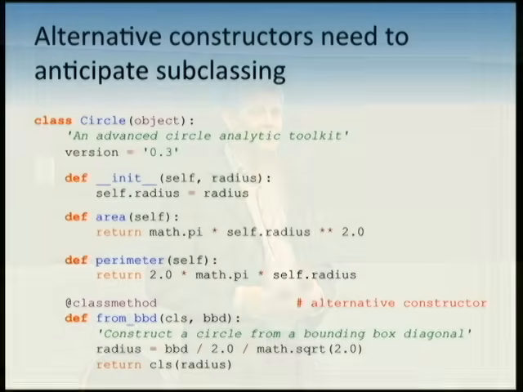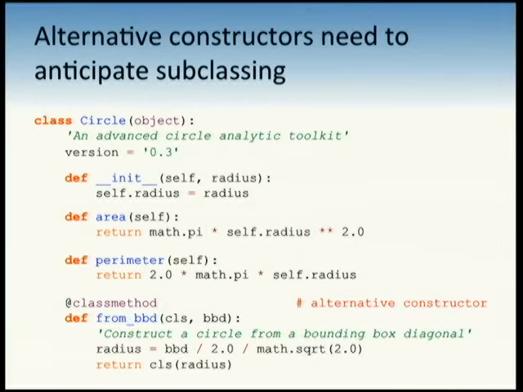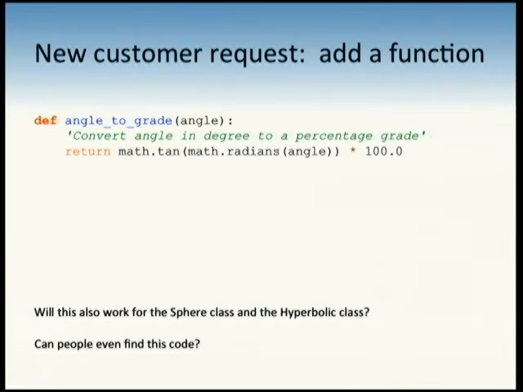So I put this in my alpha release, and I hand it out to them, and disasters ensue. One thing that happens is some people who were working with sphere classes grab our function because it's just sitting out there unrelated to circles. Does this work for spheres? It does not. Spherical trigonometry is different from plane trigonometry. That's why they call it plane trigonometry. So people were using it inappropriately. The hyperbolic people, well, that's right out. Their trig functions are entirely different. They don't even resemble triangles anymore.